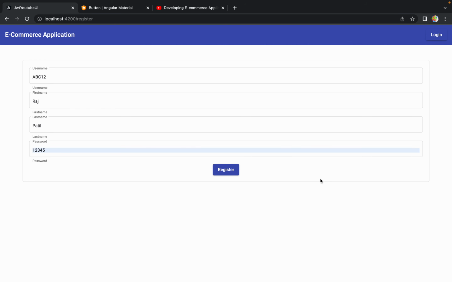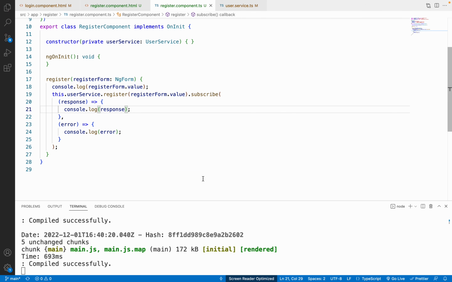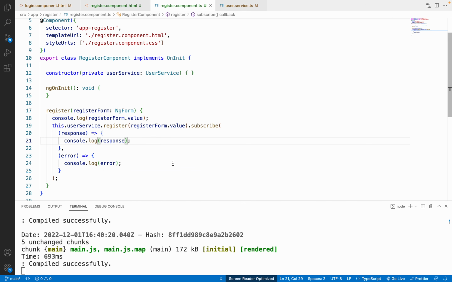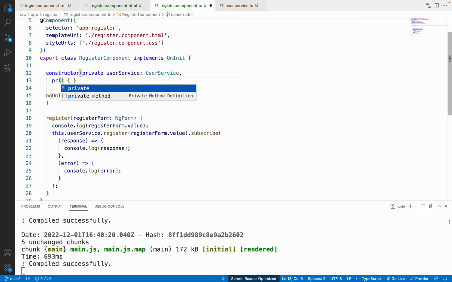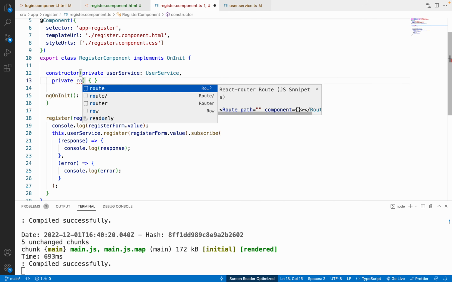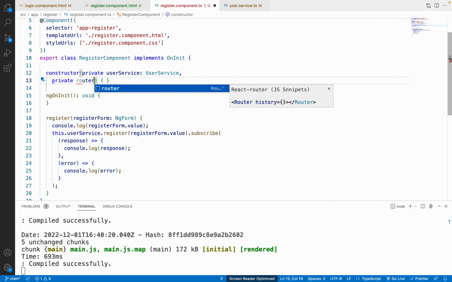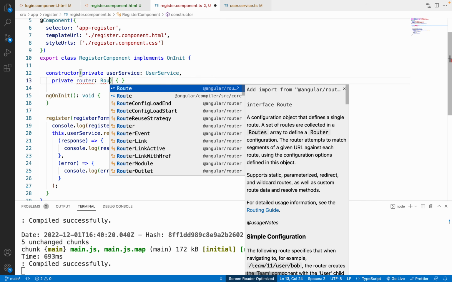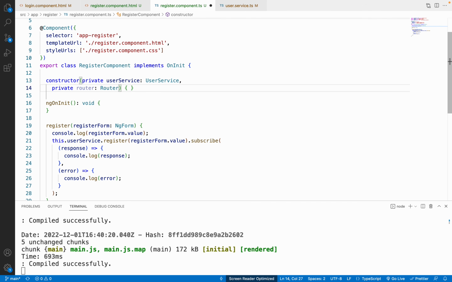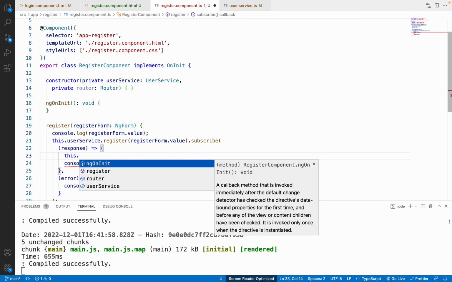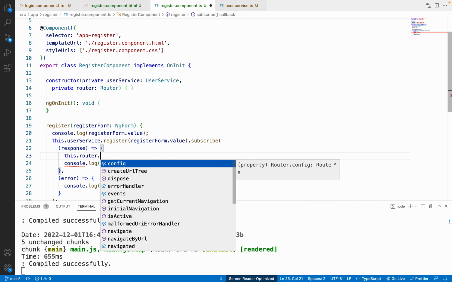The only thing that I want is, whenever a user is registered into the application, I just want the user to be redirected to the login page. So for this, what we can just do is inject a router. So let me just use private router, which will be of type Router, like this. And inside the response block, we just want this.router.navigate,